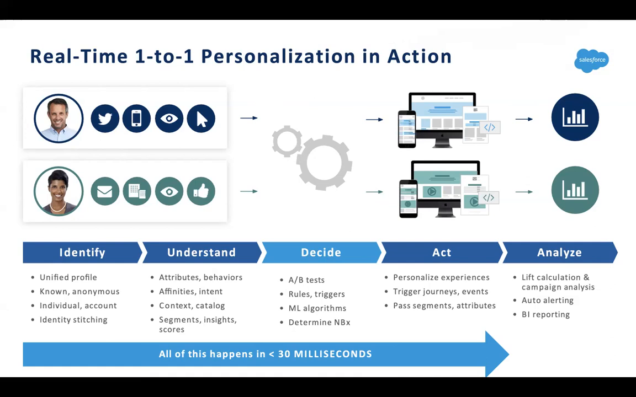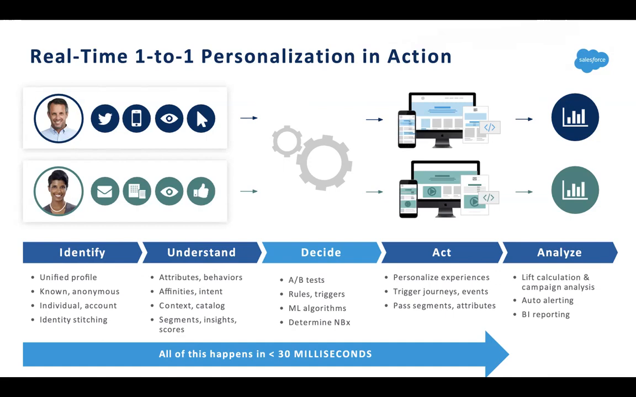After that, we can decide which one we should leverage: a model, some rules, some triggers, or machine learning algorithms. You can determine the next best actions, and then we will propose something to the customer, the best personalization experience. Let's trigger the journey through Marketing Cloud, or if he's browsing something, let's send him an email and push notifications to purchase the deal, right? At the same time, you can pass some segments and attributes, and you can analyze. Once the action is done, the last thing is to get the KPIs,